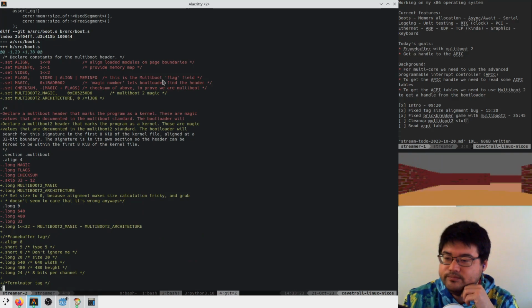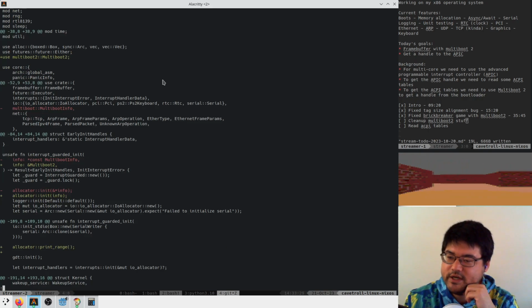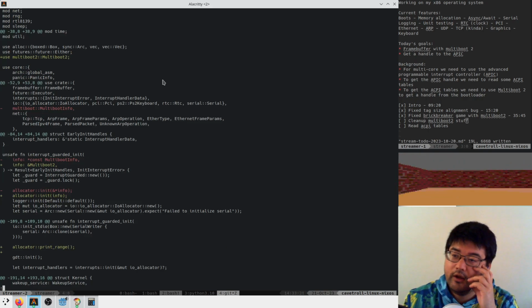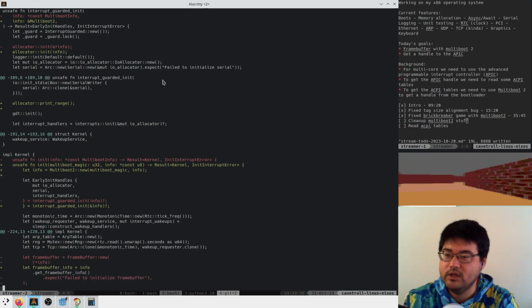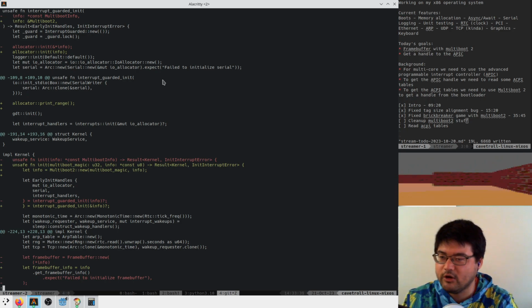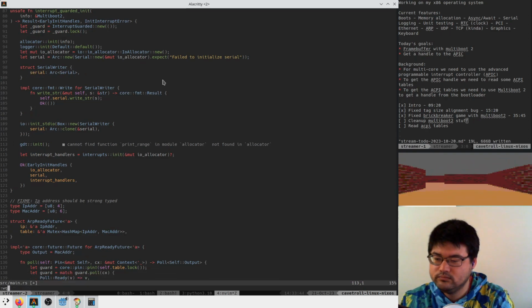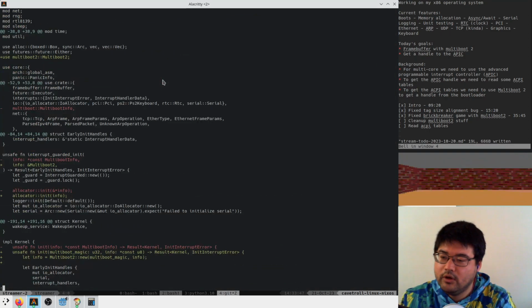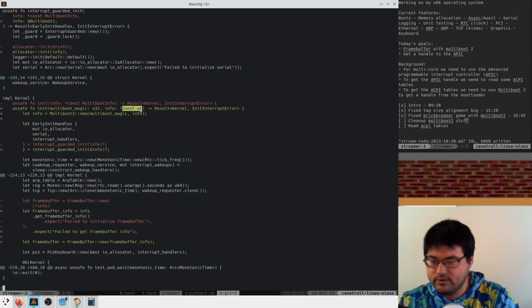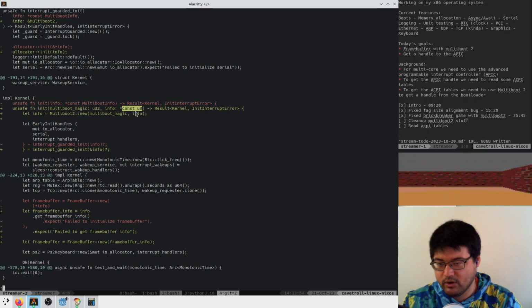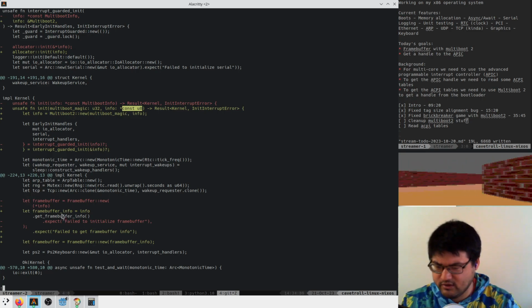What else did we do? Our framebuffer stuff uses the multiboot 2 stuff now instead. Our main has slightly adjusted how it works with the multiboot stuff, but it also calls allocator print range, which no longer exists. This init looks fine. We've converted this to a const u8 instead of taking a pointer to the multiboot info directly because we want to parse it ourselves as we construct it. That's fine by me. Framebuffer stuff looks very slightly different, but it doesn't really matter.